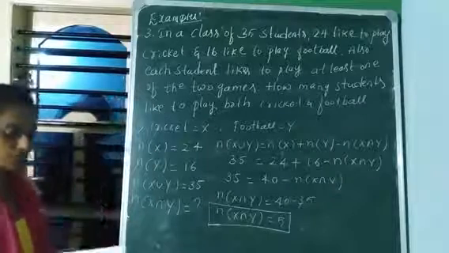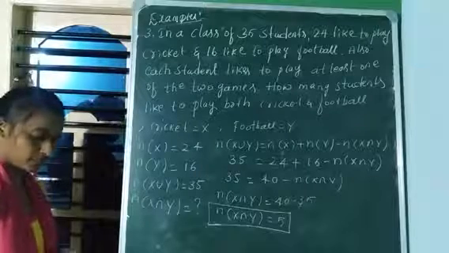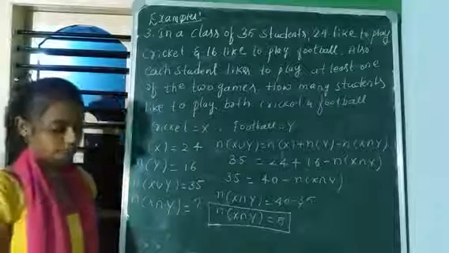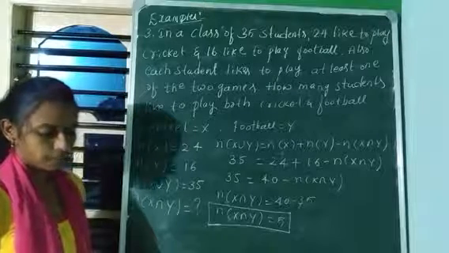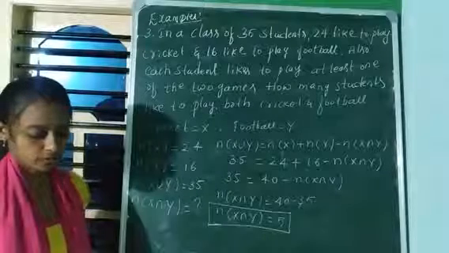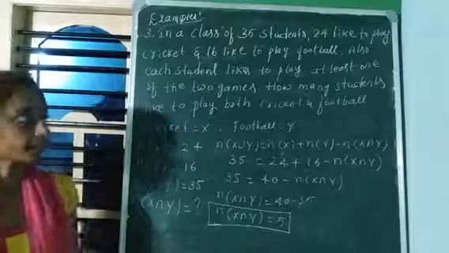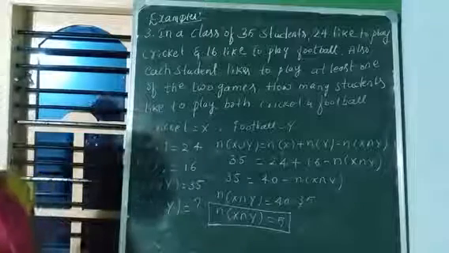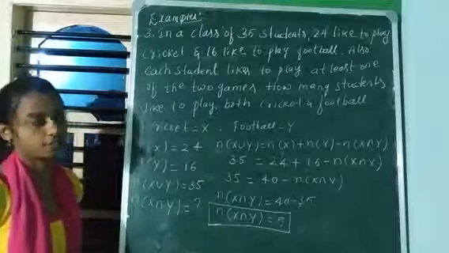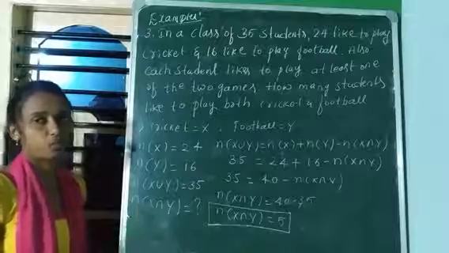Is it clear? So I'll do 2 more example problems in the next class. I hope you guys understood this class. The remaining exercise problems, I hope you guys can solve them. Hope you guys understood this one, and this is a compulsory question on this concept, that is the practical problems on union and intersection. Either they may ask for a 3 mark or a 5 mark. Hope you guys understood this.